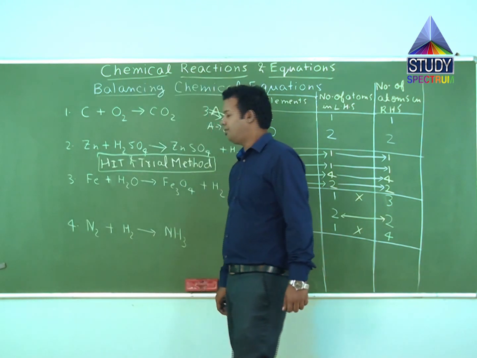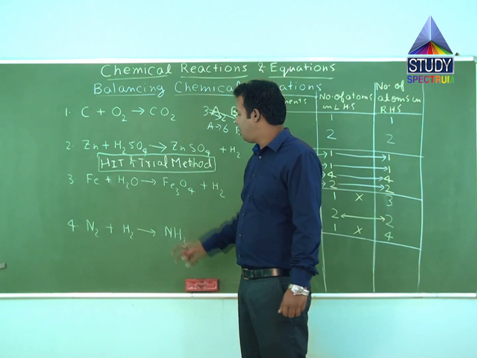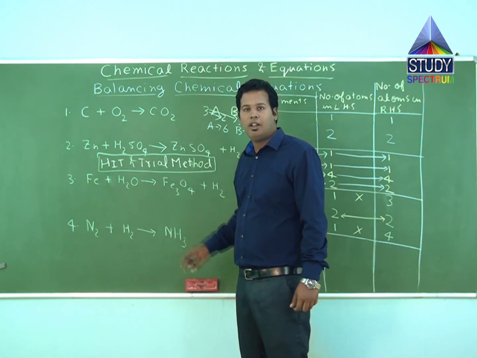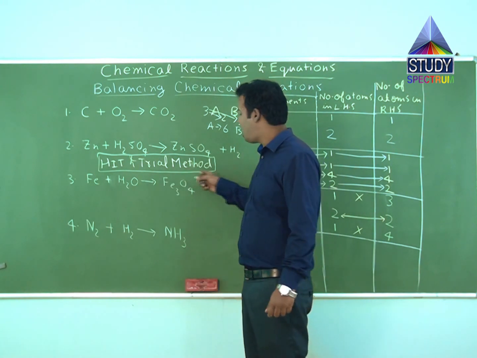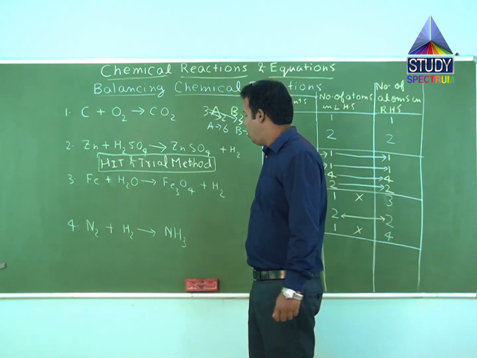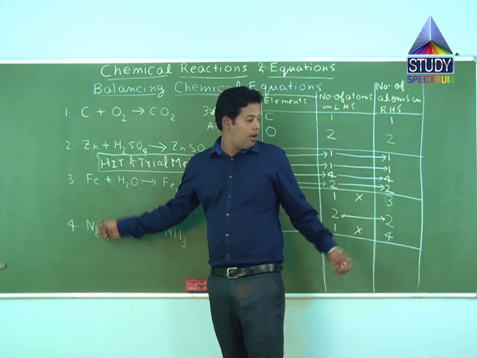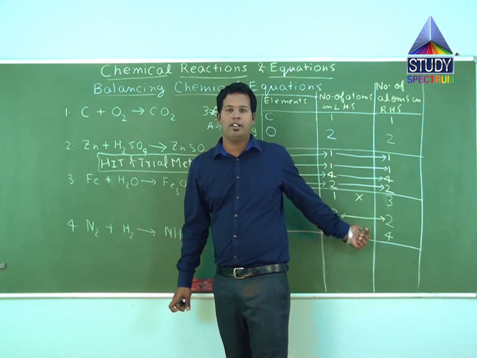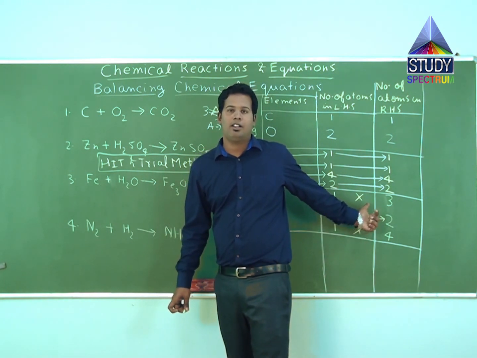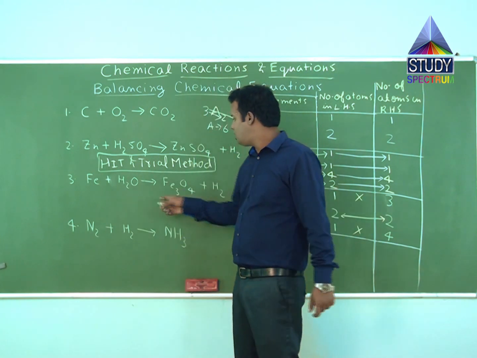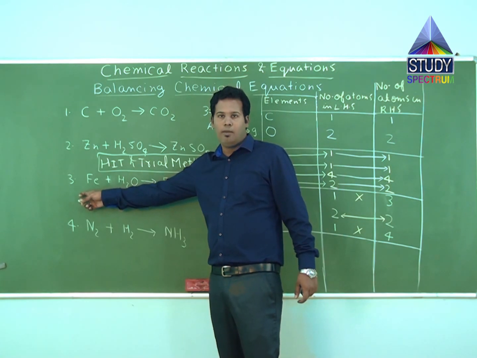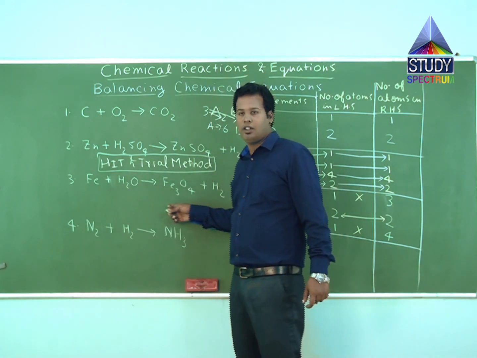We'll try to place the numbers and see whether finally the number of atoms of each element are balanced or not. Hit and trial method. It is also known as error and trial method. We try to balance iron first. If you see these two columns on the right hand side, the number of iron atoms are not balanced. It is different in LHS, it is different in RHS. So we'll try to balance iron first, since we encounter iron itself when we move from left to right hand side in this equation.